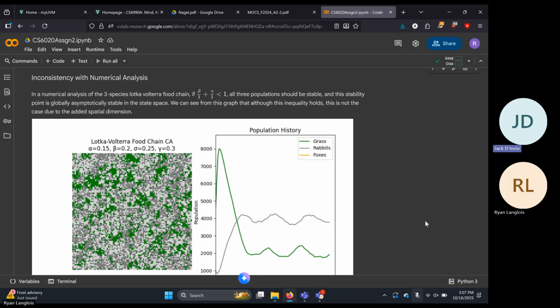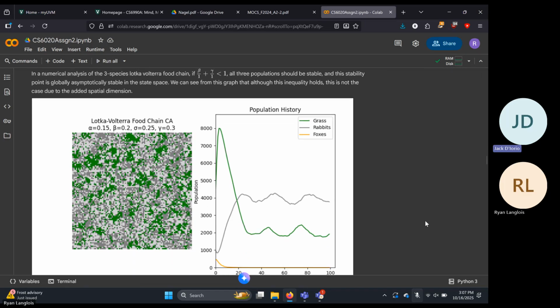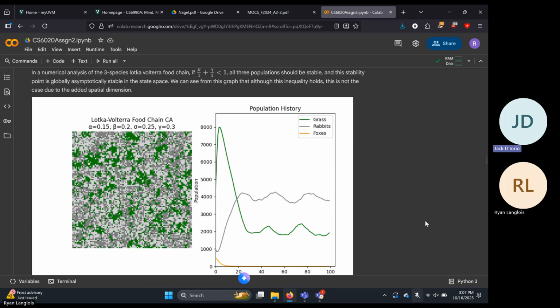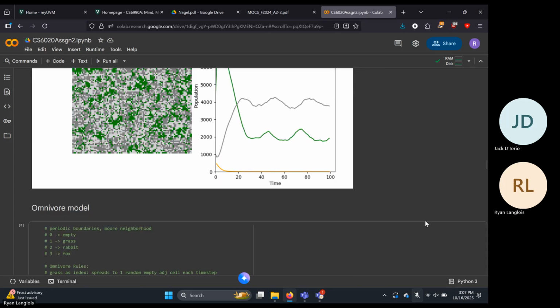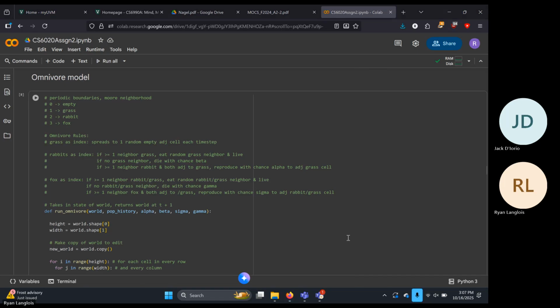You can see from this graph, though, that if beta is 0.2 and gamma is 0.3, that inequality does hold and the foxes immediately die out. I believe this is because the spatial dimension adds just too much difference to the simulation to be comparable with the numerical analysis. Moving to the